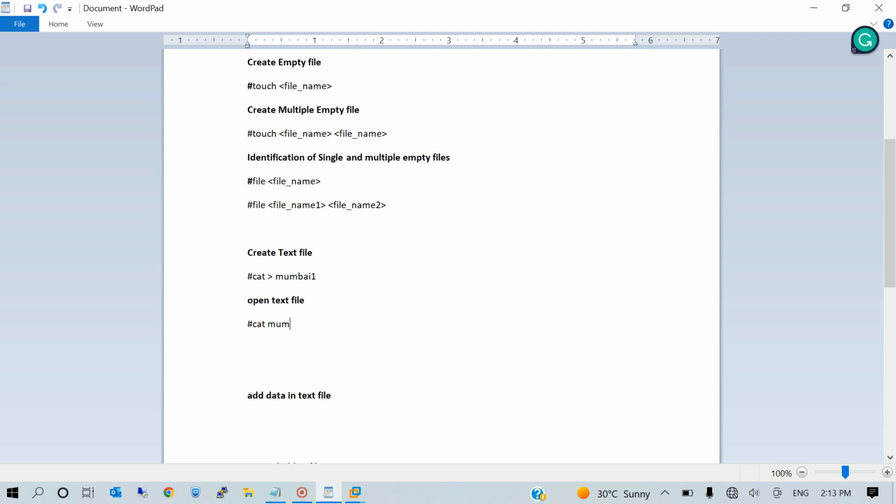Okay, and to add data on the text file we have to use cat double forward slash file name Mumbai 1. So Mumbai 1. Okay, see,